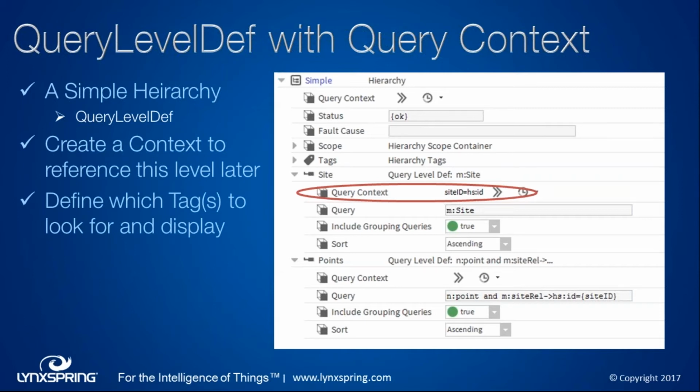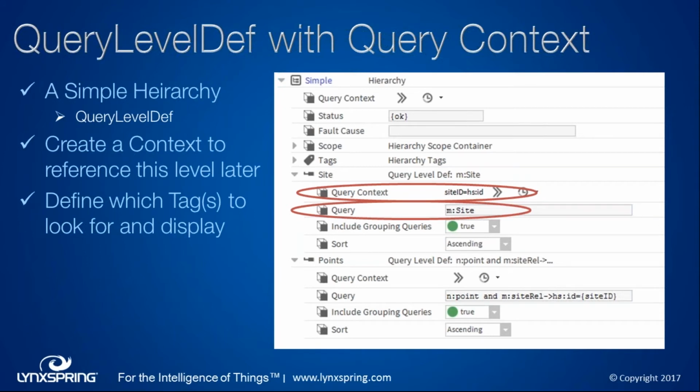When I click on that, I get my normal box popup, which looks like the facets box, and you define that query context. In this case, I typed in site ID, and then gave it HS:ID. This is where I told you earlier you would have to have that Haystack dictionary installed in order to have it do things later in this presentation. This is what it's doing. It goes to that Haystack dictionary that auto tags the ID on each of these, calls that up, and provides it as the value for my site ID context.